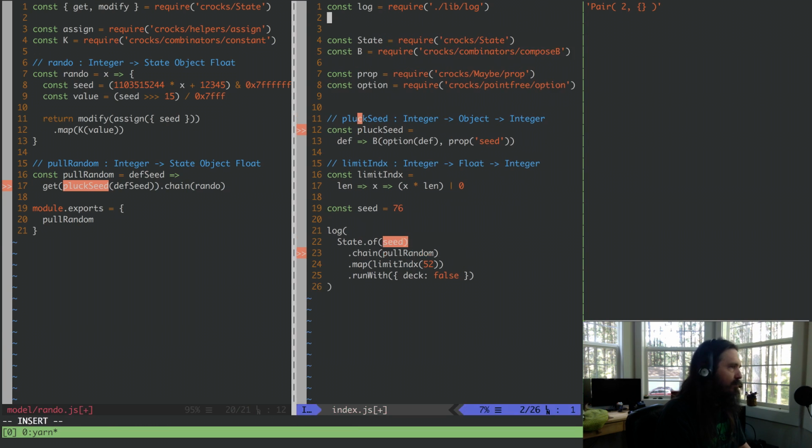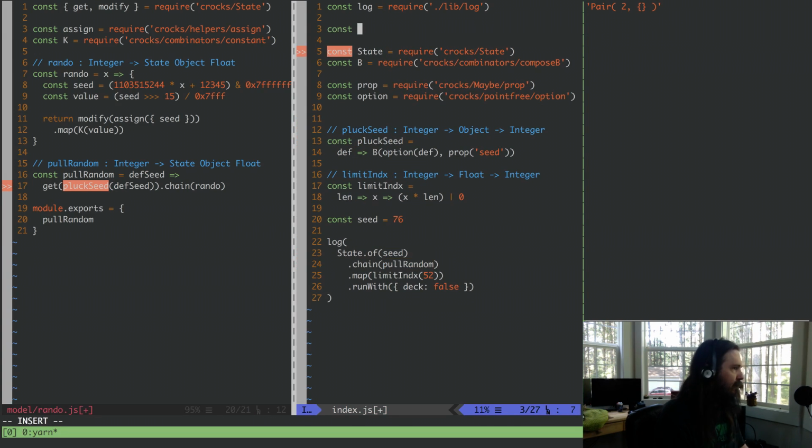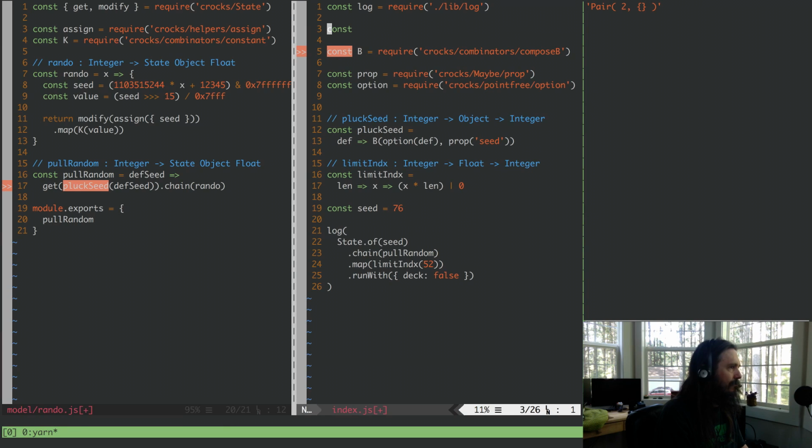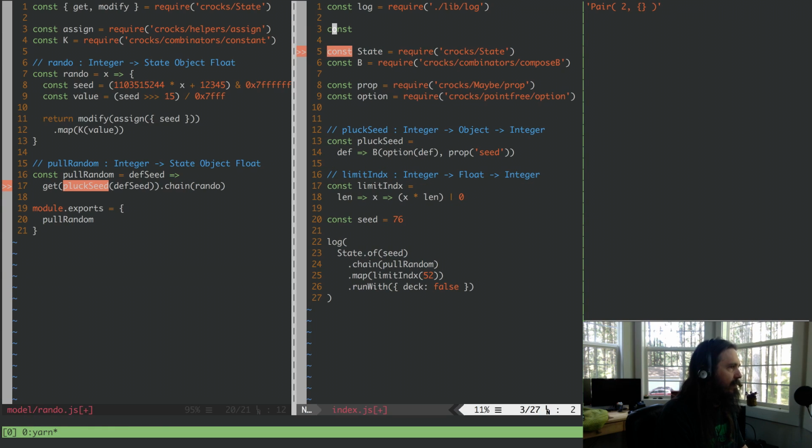Okay, yeah, it's real boring stuff, but it'll work out. It's something we got to do. It'd be nice to clear all this. Oh, we're not using state anymore. Oops, or are we? Yes, we are. Sorry about that. All right, so now we want to bring in pull random, and we'll bring that in from,